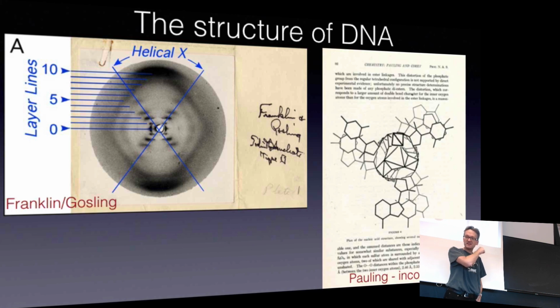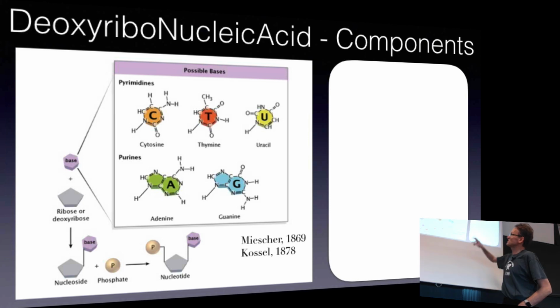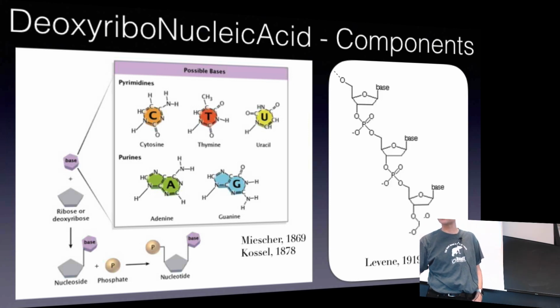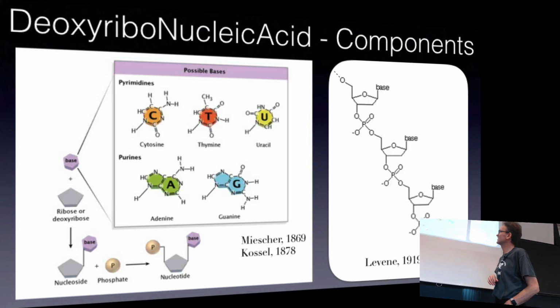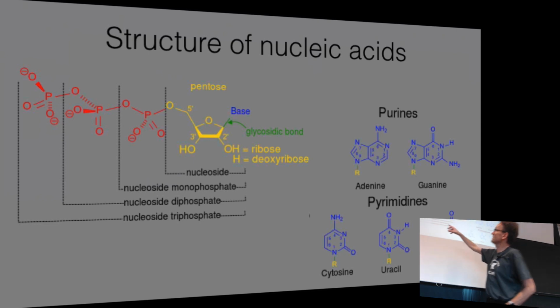If we want to understand the DNA structure a bit, and this is something that I would like to ask you to do because it's hard to understand in 60 seconds, understand the different components of these nucleotides. You have the different bases that you've probably seen in popular science at least, A, G, C, and T, that are binding to a small sugar, which is also binding to a phosphate, and then these phosphates are linked into this long chain that was determined by Levene already in the early 1900s. There are a bunch of different ways you can look at the structure, but the whole point is that each building block is called a nucleotide.